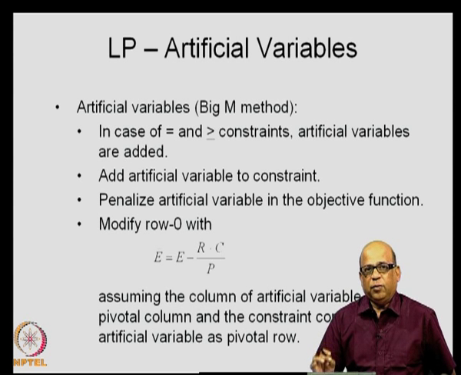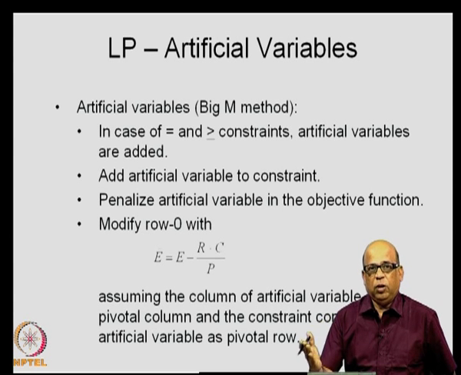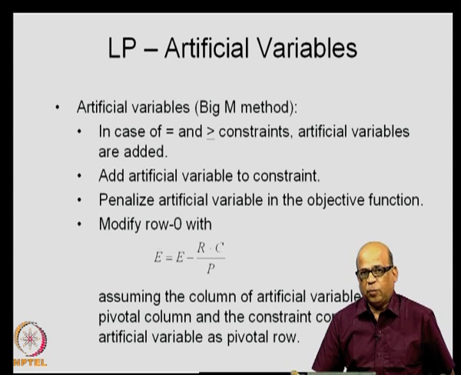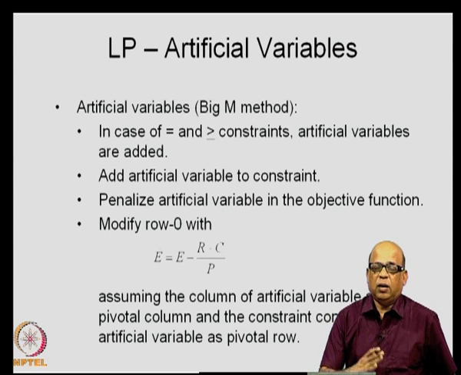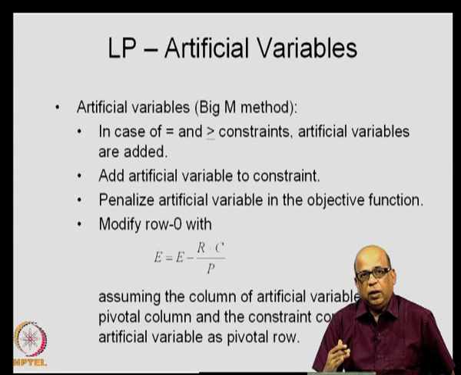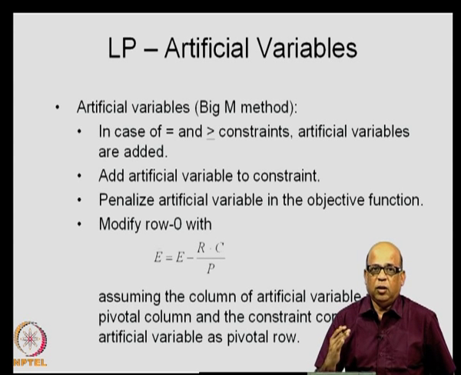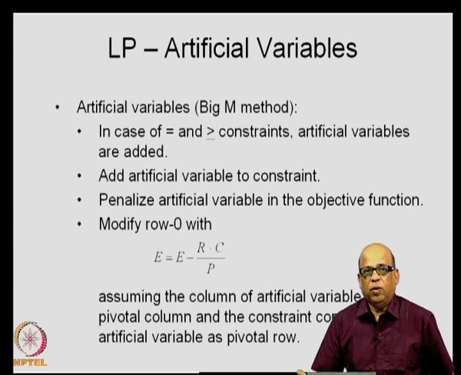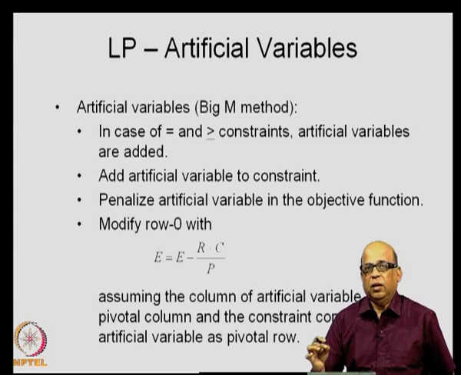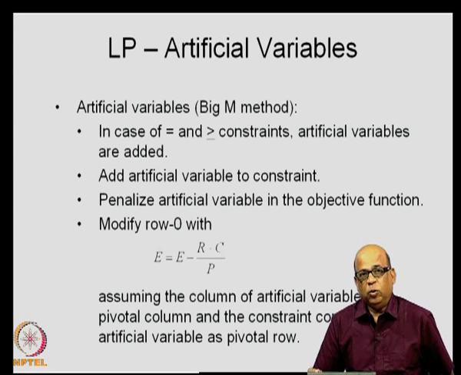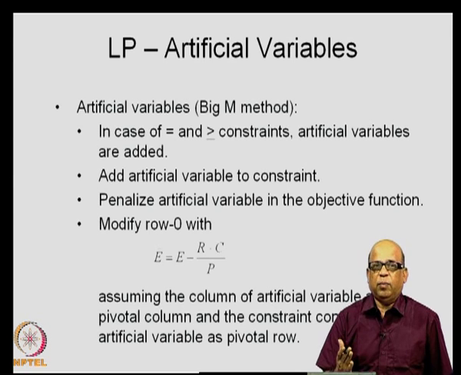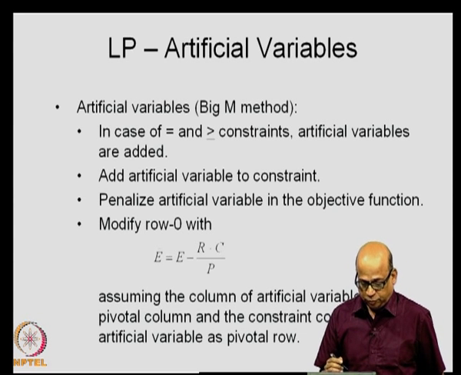Now, by adding artificial variables, it is possible that if you put a 0 into A1, like we did for the slack variables and the surplus variables as coefficients in the objective function, your artificial variables still remain in the basis, and therefore, you need to penalize the artificial variables in the objective function. So, we penalize the objective function for even a small value of artificial variable in the final W. Therefore, we would like to get rid of the artificial variables as soon as possible.